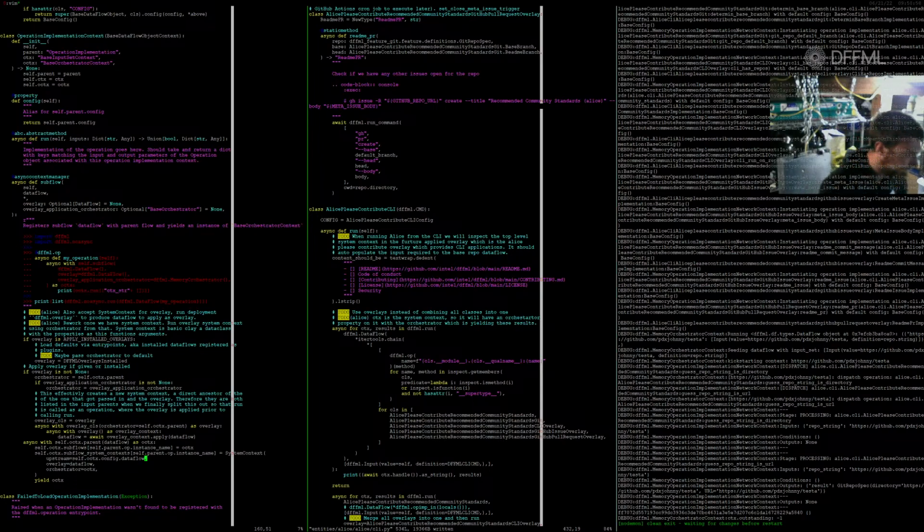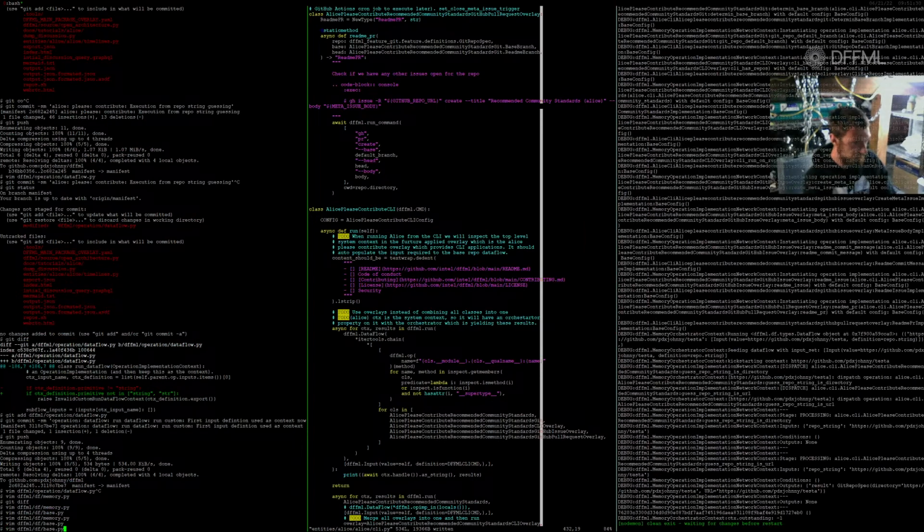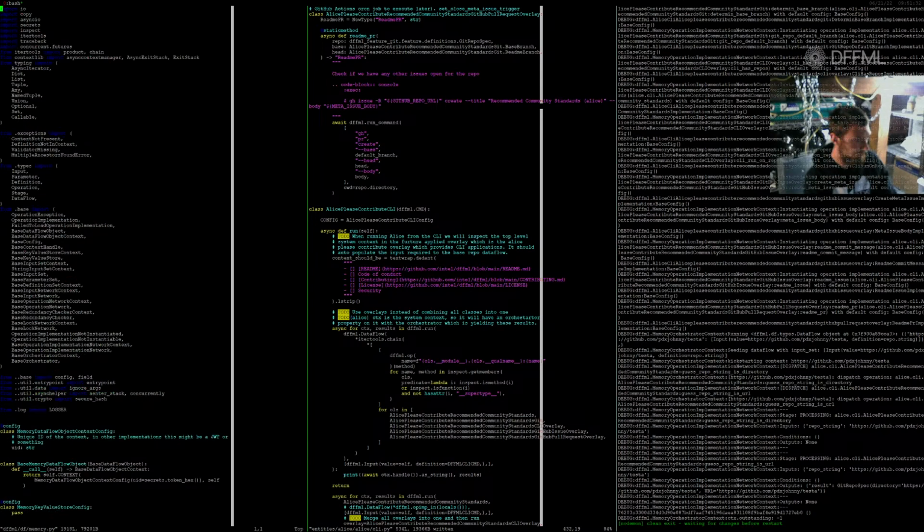Are we leaving? Okay. So this makes a subflow unique. Okay, so this makes a subflow. Oh, because it creates an orchestrator context. This doesn't create a subflow. This creates an orchestrator context. Right, so if you wanted subflow system context, okay, so if you wanted to use that effectively,